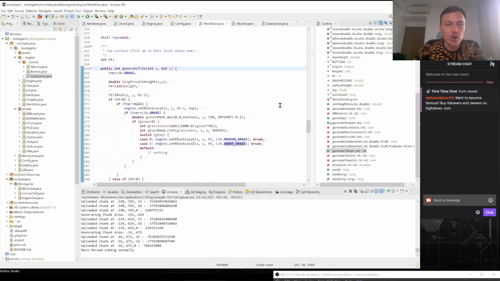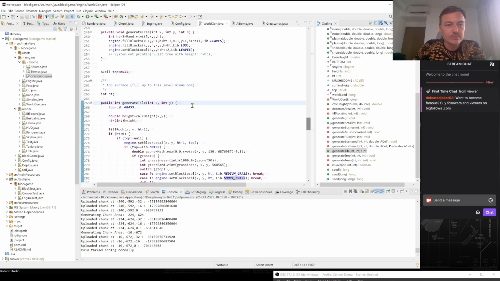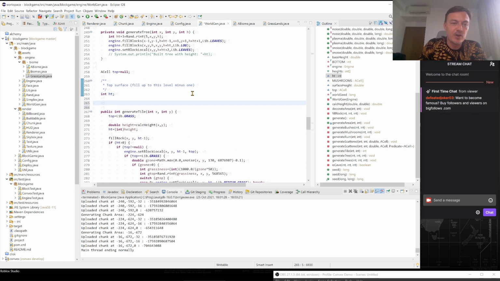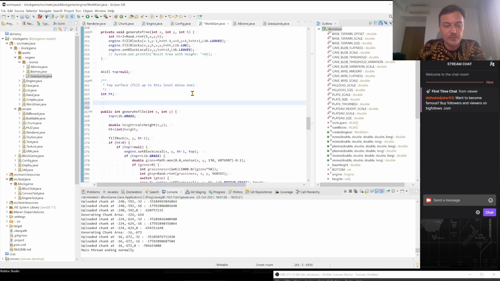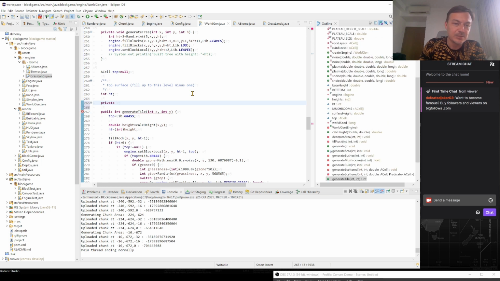And let's go back to our world gen. Well, let's have a variable here to contain some different biomes. So let's make this private. I tend to make things private if there's no reason to access them from elsewhere. So we have a private A biome, and let's make it an array of A biomes. And we'll have a new